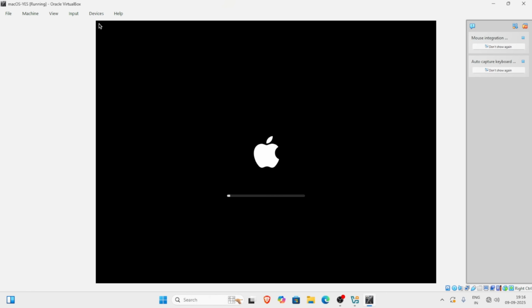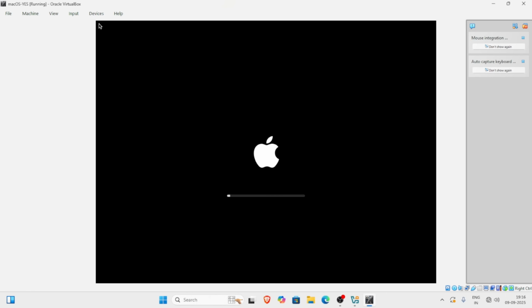Here I'm going to select my language, which is English, and then I will click on the next arrow. From this menu, I'm going to select disk utility and click continue. Now we need to select VBox hard disk media. Go to the erase button on the top, click on it, give our installation disk a new name and click erase. Okay, so the processing is done. Now we click done, close disk utility completely,